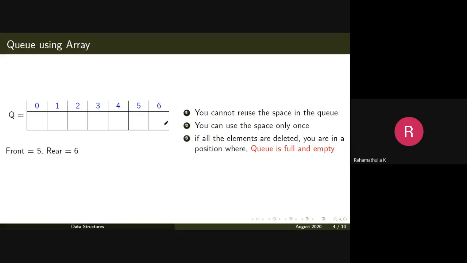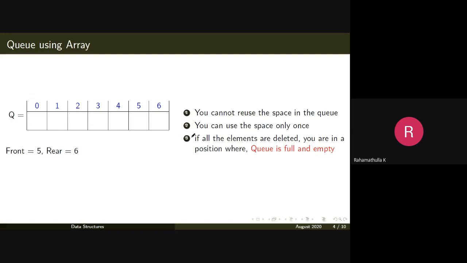So at this point of time, you can say that the queue is both full and empty. You check the queue full condition, rear is equal to size minus 1, that is true. You check the condition for queue empty, that is also true. So it is a situation where the queue is both full and empty.